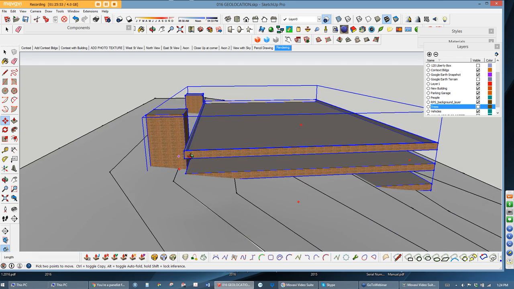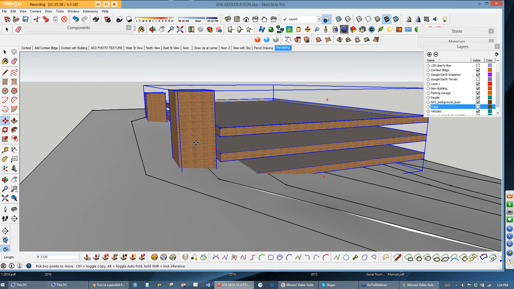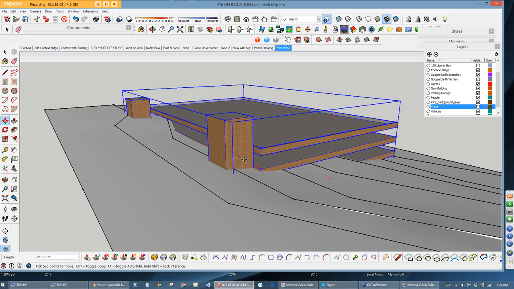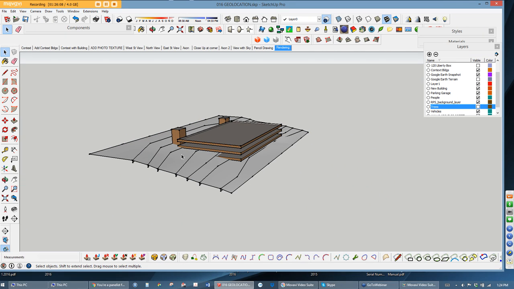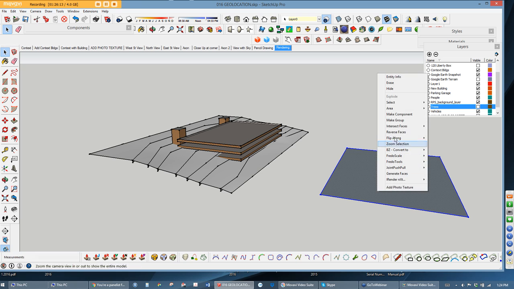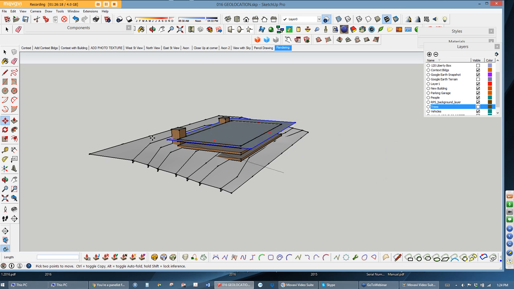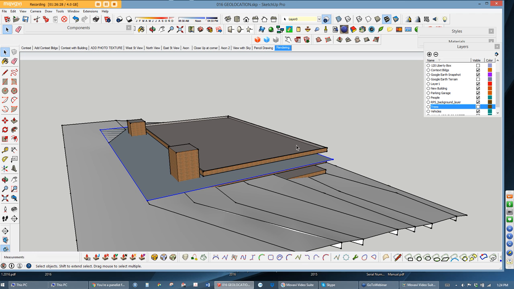I can now very easily understand what elevation of this parking lot is at what elevation on the site. One way to know for sure where you're at that I've used, let's see if I can get this in here, is to just draw a rectangle out in space and make that a group. And I can take this rectangle and set it at whatever elevation I want. So I have these different contours. So if I say that's my main floor or that's my second floor, this makes it easy to move this